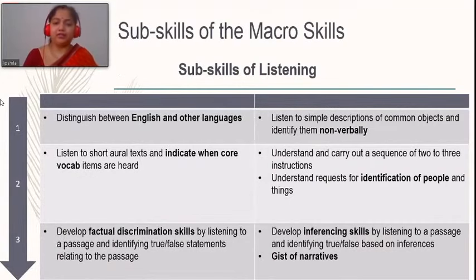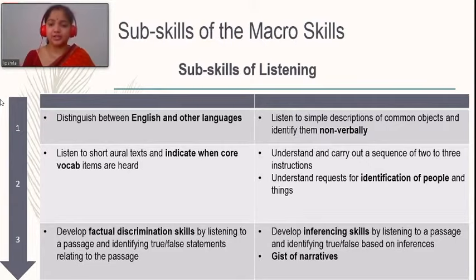Now, the material that we shared with you before the webinar, that material has a handout with it, which is called the skill handout. I have taken this from David Nunan's book, Task-Based Language Teaching, and I find this handout very useful as a teacher, so I thought of sharing with you. What David Nunan does is he tries to break down each of the skills, LSRW, to sub-skills. And he has graded the skills. Graded means from simple to complex. So it has 7 levels. Level 1 is simple. Level 7 is very complex.